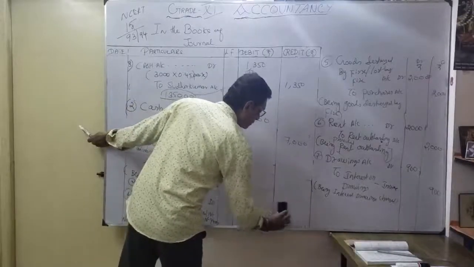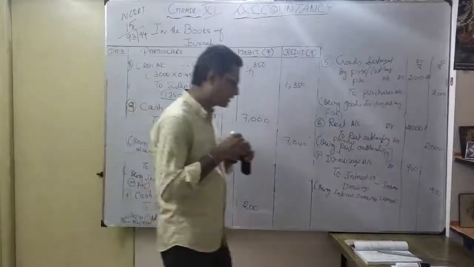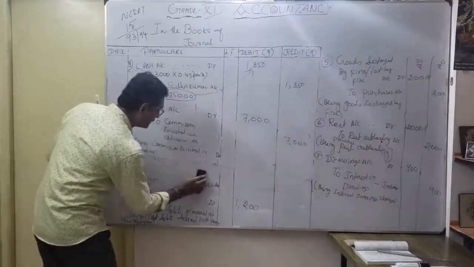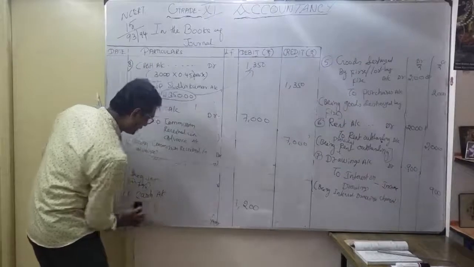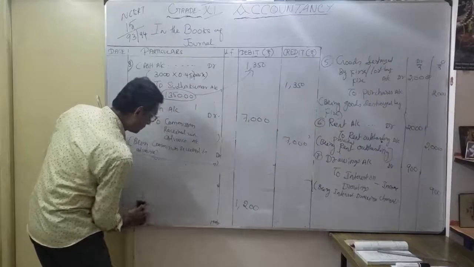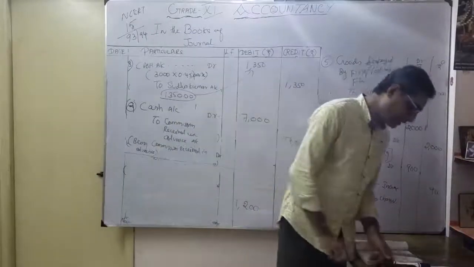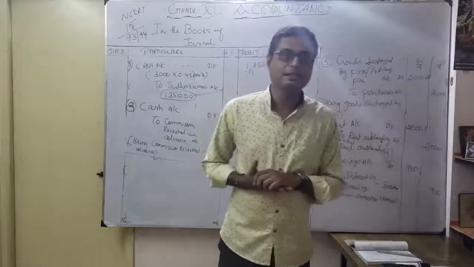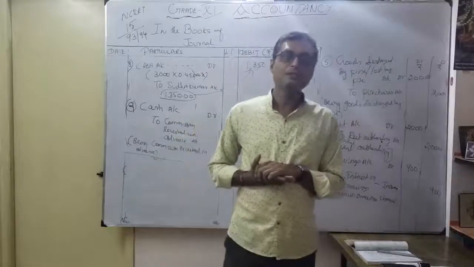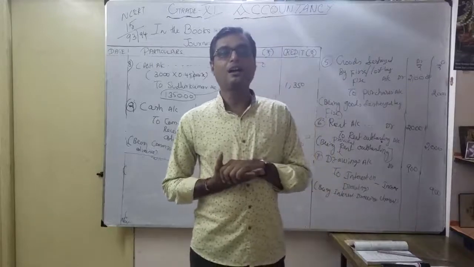I have understood totally how many transactions? 9 transactions. In our exercise, they are considered in alphabetical order up to I. Okay, so I understood how to do the journal entries with the help of the business transactions. For that, you should be strong in personal, real and nominal accounts. Very important. Again I repeat, you have to memorize always: what is personal account? Debit the receiver, credit the giver. What is real account? Debit what comes in, credit what goes out. Then what is the nominal account rule? Debit all expenses and losses, credit all income and gains.